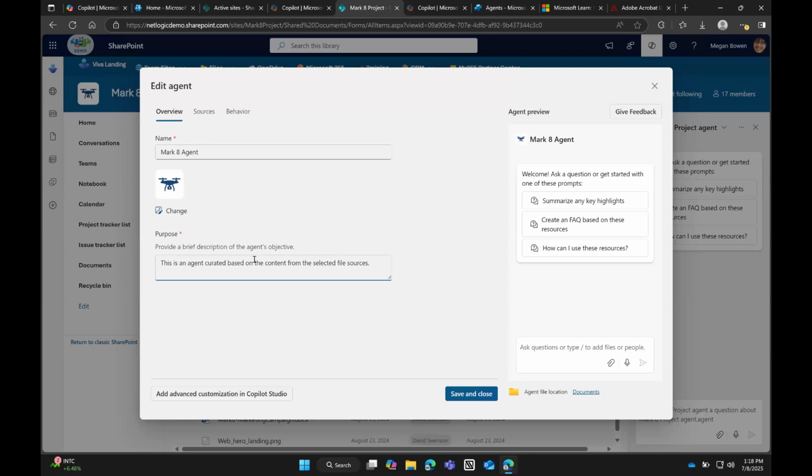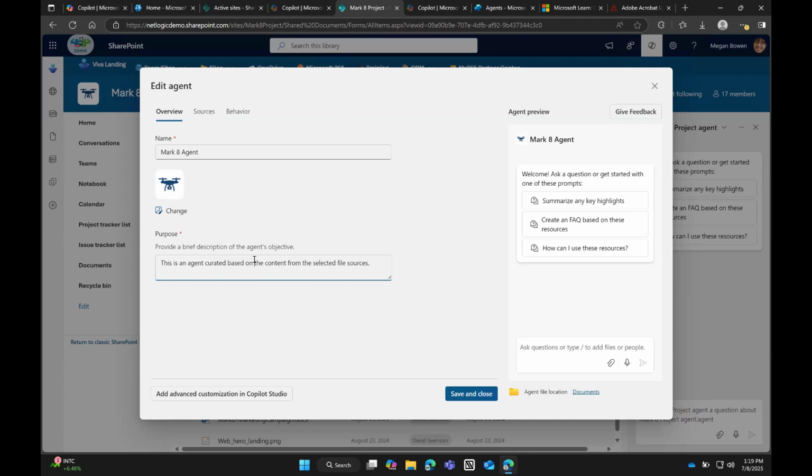So if any of you have used AI agents or just AI tools out there in the world, think of purpose as your prompt. What do you want it to do? What instructions do you want to give that agent to make your life easier? So a good example here is if we create an agent on the SharePoint site called Proposals and Contracts, I would tell it that your purpose is to serve our staff members to look through all of the proposals and contracts, help them find similar contracts, or maybe help them create a new one based off of previous examples.